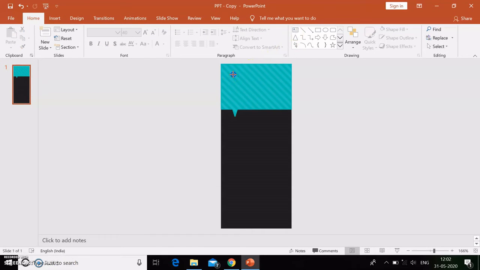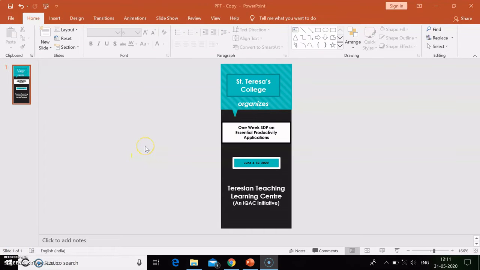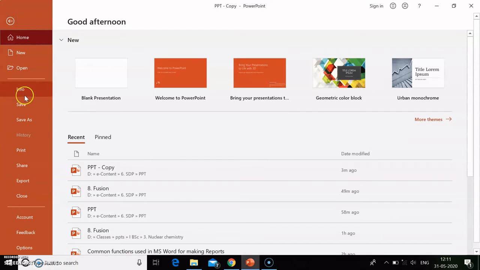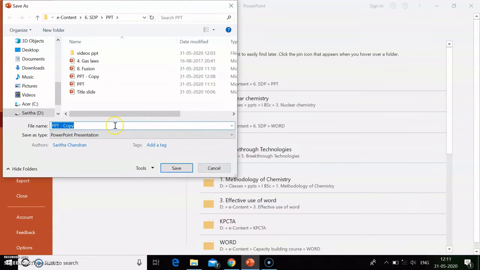Then, using this text box option or quick styles option and inserting images and all, you prepare your slide. Now I have entered all the matters that have to be included in this brochure. I have just designed it roughly just to show you how to convert it into an image. Now go to File, Save As, choose a folder, give a file name, let me give it as brochure, and in the Save As